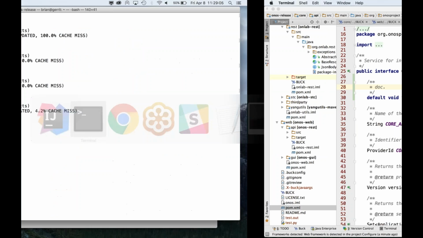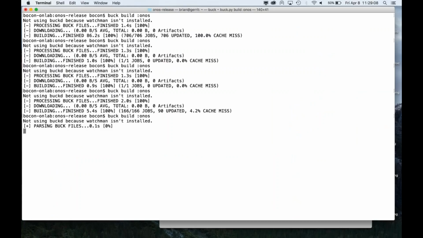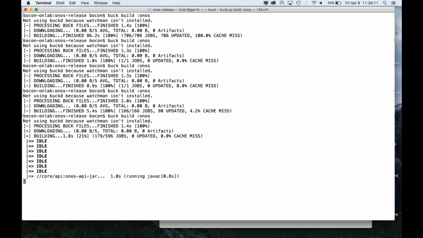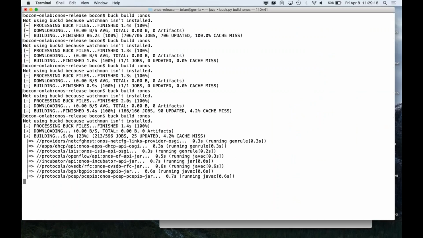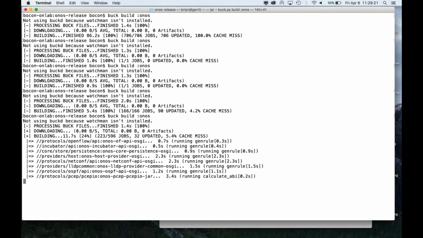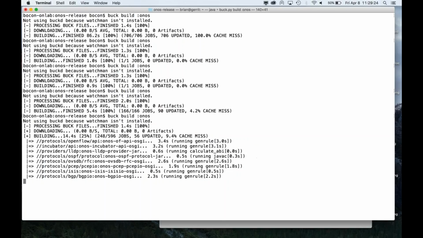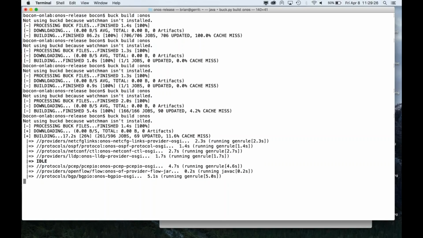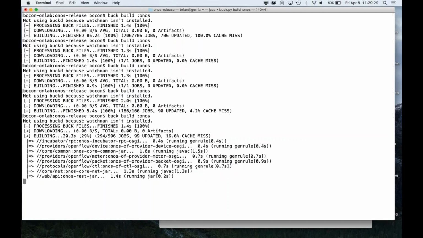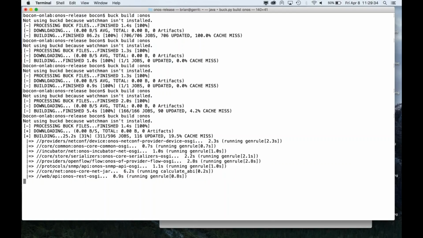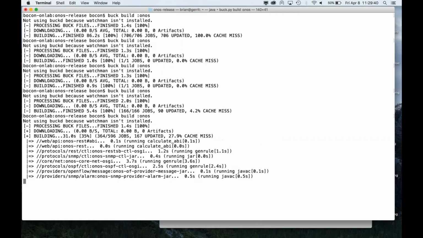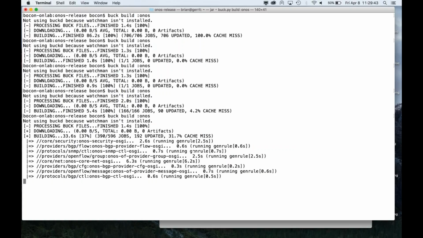Okay, and if we build this again, Buck will realize that there's a whole bunch of stuff that depends on the ONOS API. So it'll rebuild the ONOS API jar, and then it'll rebuild all of the stuff that depends on OSGI as well. In this case, it's a bit more stuff because you changed an API, but this shows you that making a change to a dependency, even if it's somewhat far down the graph, will result in a correct rebuild. And in this case, we're looking at recompiling basically everything because the API is a top-level